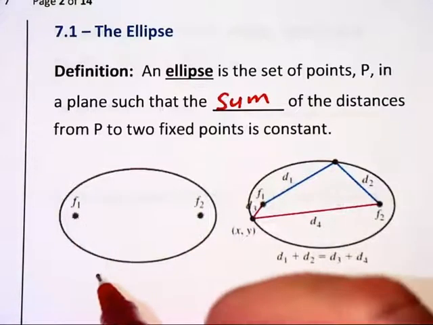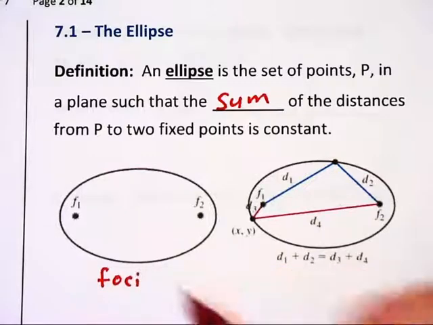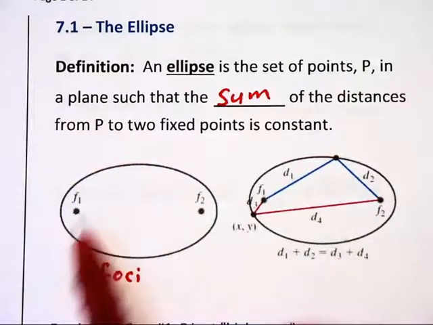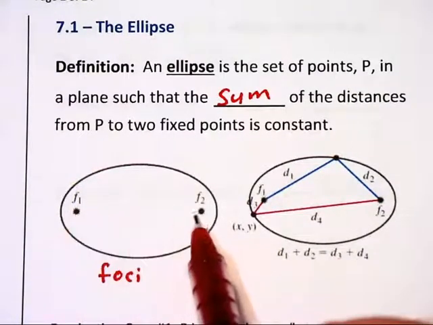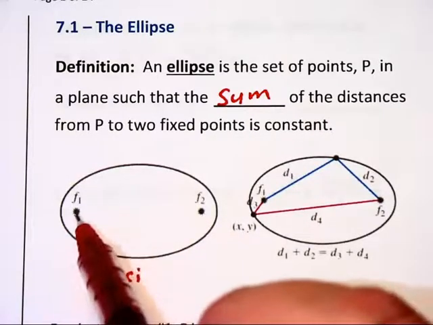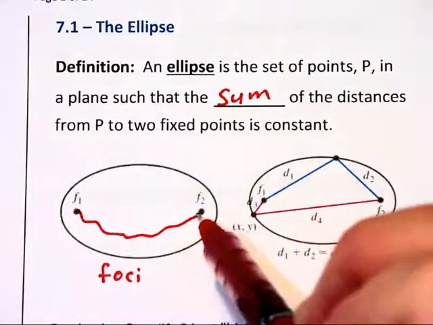The plural of these focus or focal points is foci. Just like cactus has cacti as its plural, the plural of focus is foci. And I would like you to pretend that we had a piece of wood here with 2 nails put into the wood there, and that we had a string that was tied to each nail that's kind of hanging between